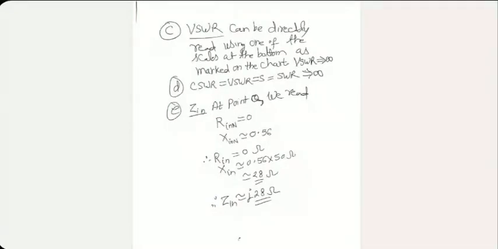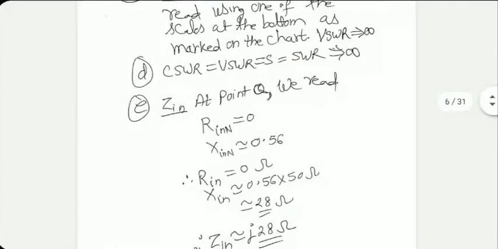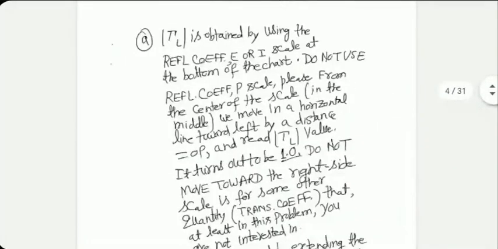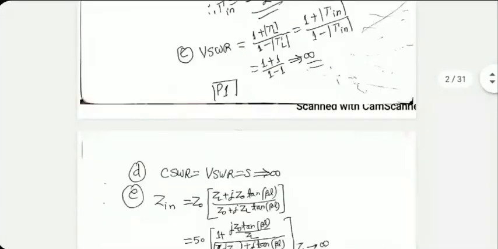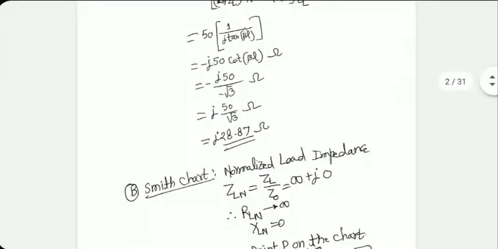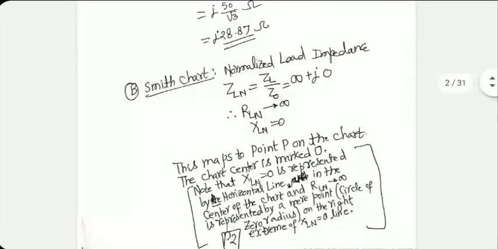Yeah, okay, I took 0.56 as the approximate value because maybe my markings are not perfect. It should be 0.0833 actually. So roughly, the value of input reactance is 0.56 multiplied by 50 because the normalized value is 0.56. You've got to multiply it by Z0 to get the ohm value. It turns out to be almost 28 ohm, which is close enough to what we got analytically. The analytical answer was 28.87. Yeah. So if you do it more accurately, maybe you'll get an even more accurate answer than what I did. Okay.